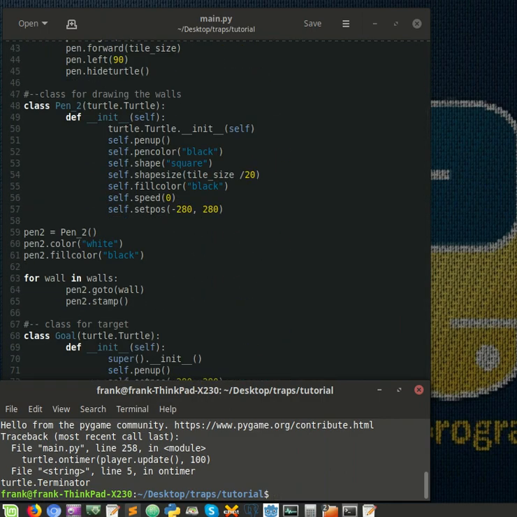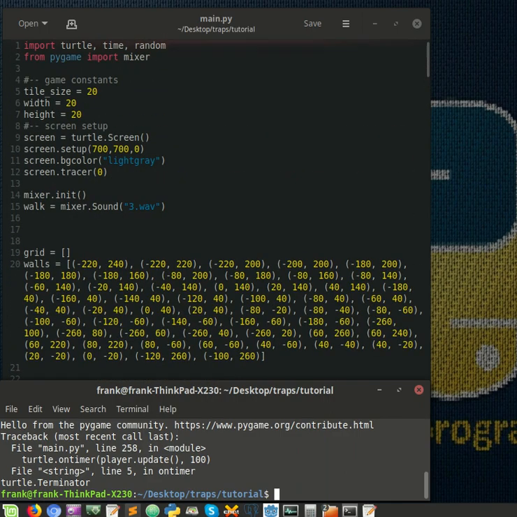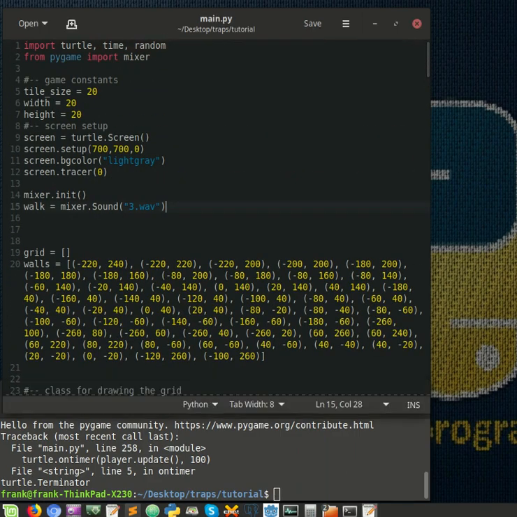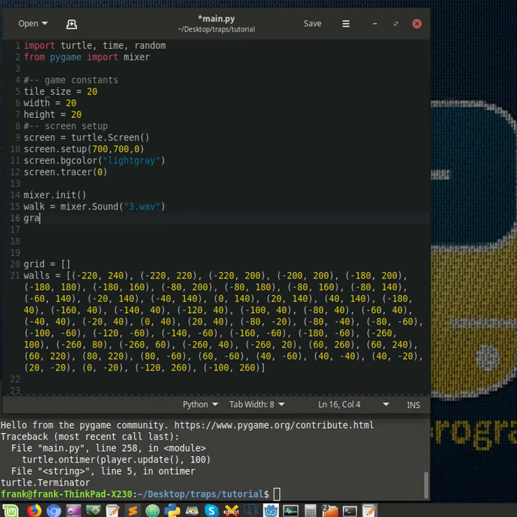Let's fix the picking. Okay, now let's call it grab equal mixer dot Sound, and the file was, I think, number 4 dot wav,